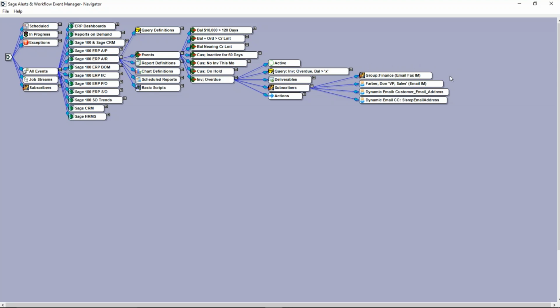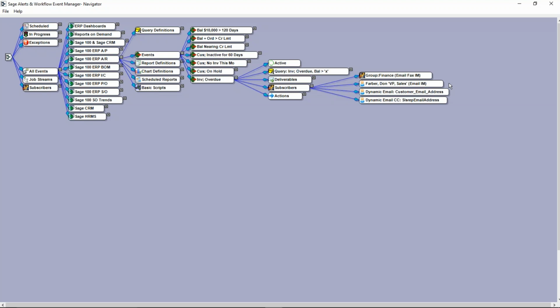Now, this group finance, as well as my own subscriber record, these actually are coming from my Sage ERP application. Now, you can manually create subscriber groups and individual subscribers in alerts and workflow, but if you look at an application like Sage 100, heck, you already have customer names, their email addresses, their phone numbers.